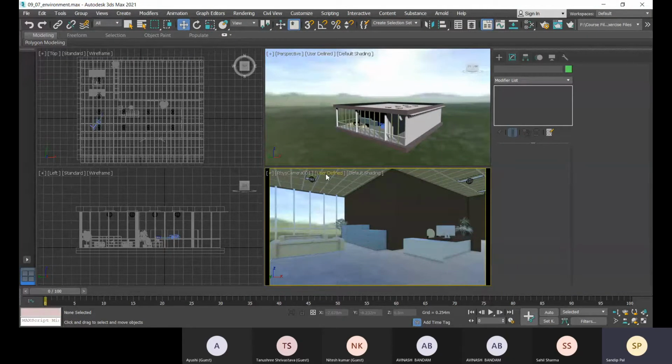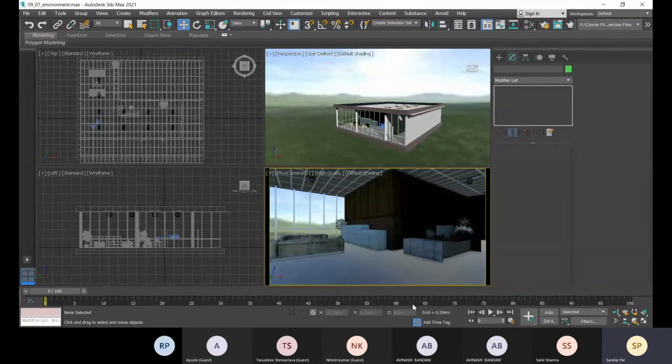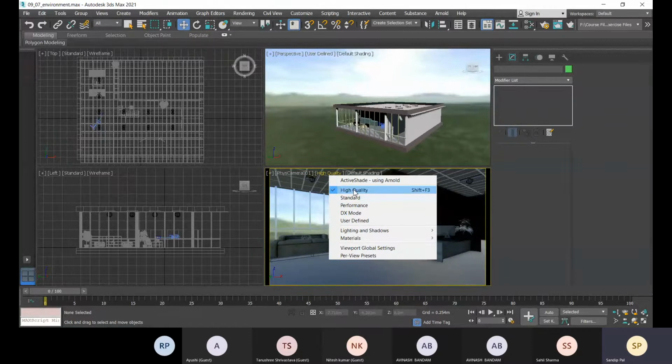Next, go to this shader option. Then you can choose high quality. It will give you the proper light shading, and according to the movement of the light direction, you will get the result as well. All the lights will be enabled, and the environment shadow will be enabled in this high quality. So whenever you are going with this option, always go with this high quality option.